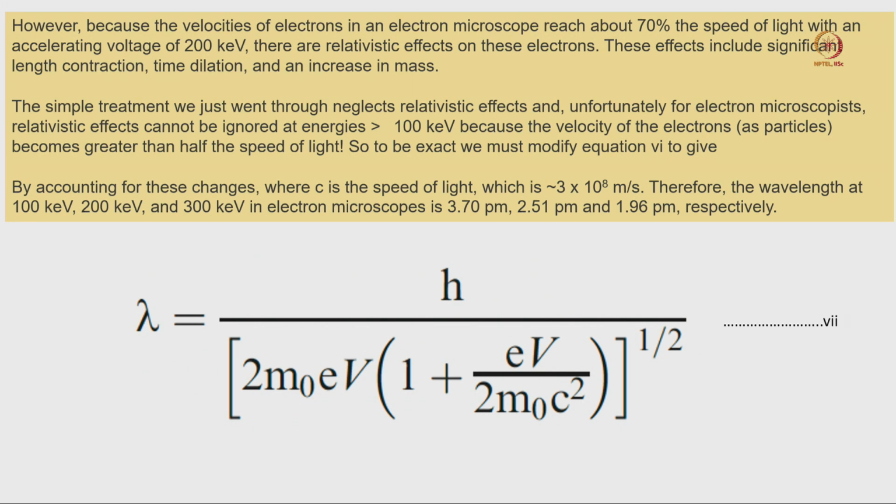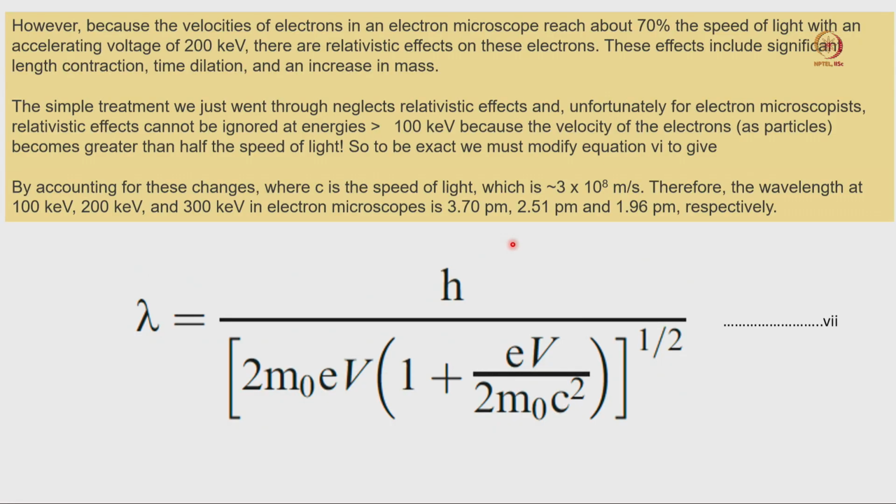So here, last class I already discussed that. Okay, so relativistic effect will be there, and because of this accelerating stack, the electron is moving through the accelerating stack after it is coming out from the electron source, and it is increasing its speed, and that speed we already discussed will be almost 70% of the light speed.